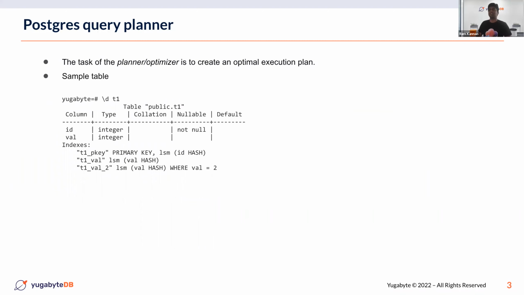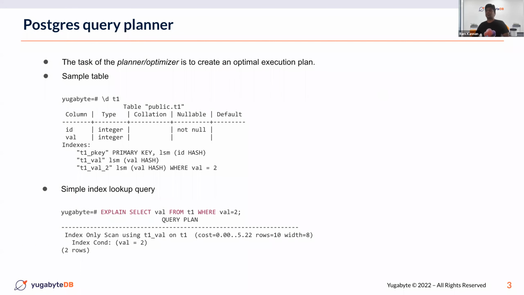So assume you have a very simple table containing two columns, ID and value, both being integer-based columns. The ID is the primary key of this table, and correspondingly, if you look at the list of the indexes, you have t1_pkey being the primary key index. And you have a couple of secondary indexes: t1_val, which is the secondary index on the whole column value, and t1_val_2, which is a partial secondary index where value is just equal to 2, right? So let's say we execute a very, very simple thing, explain select,